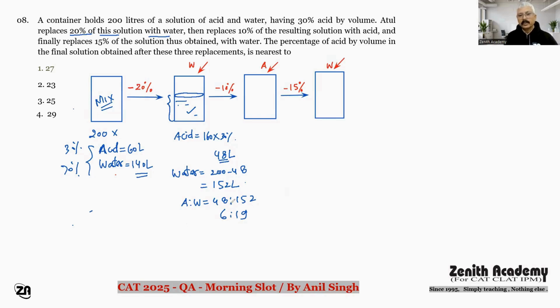Okay, 8 6 are 48, 8 1 are 8, and 8 9 is 72. So this is a ratio after replacement with water, फर्स्ट स्टेज पे।